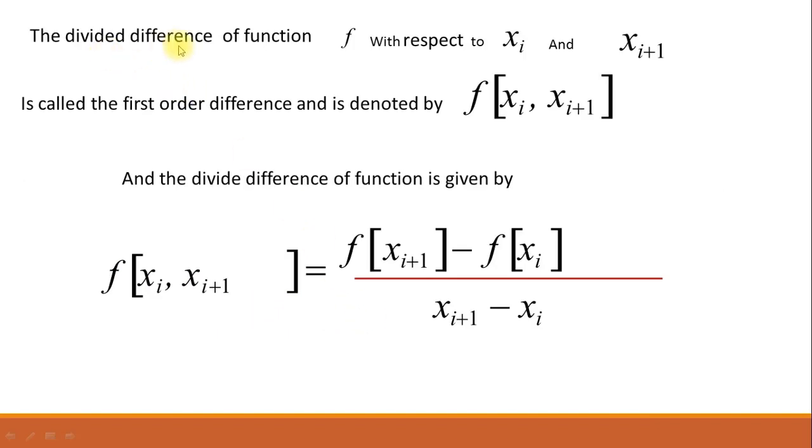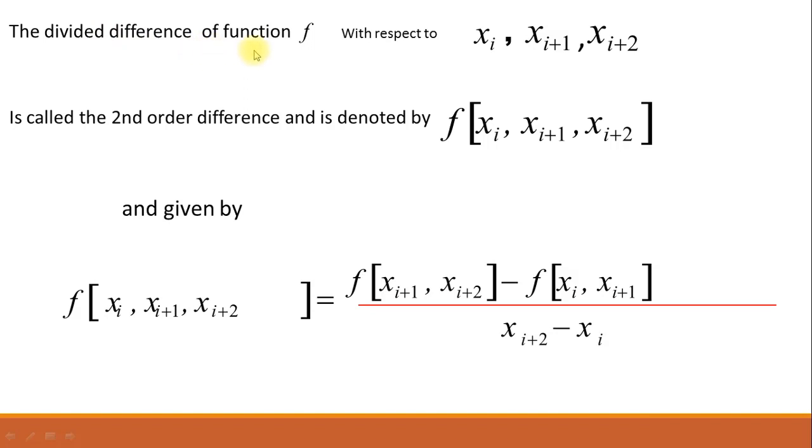Similarly, the divided difference of function f with respect to xi and xi plus 1 is called the first order difference, and is denoted by f of xi comma xi plus 1, and this divided difference of the function is given by f of xi comma xi plus 1 is equal to f of xi plus 1 minus f of xi divided by xi plus 1 minus xi,